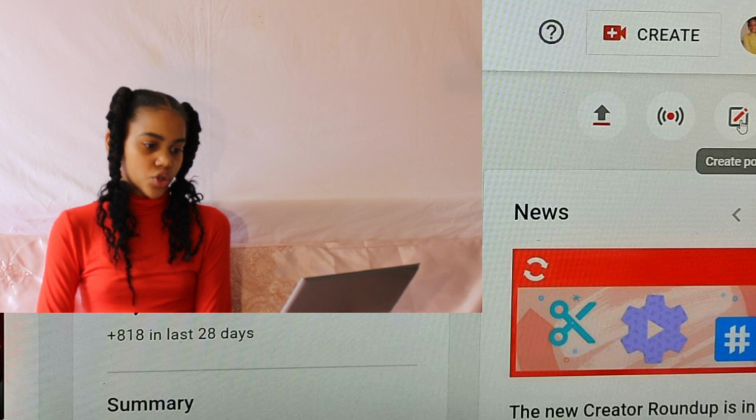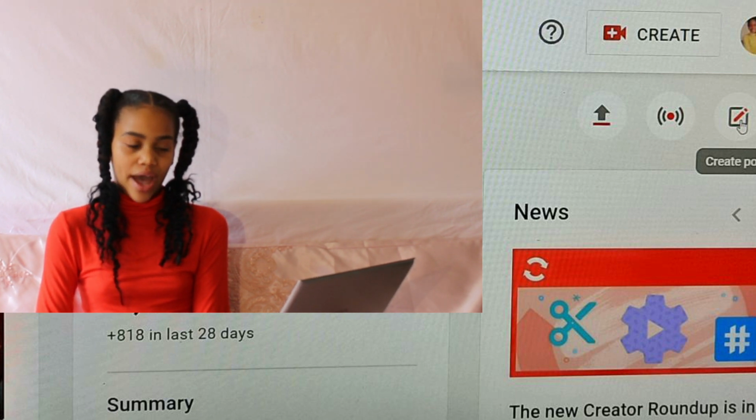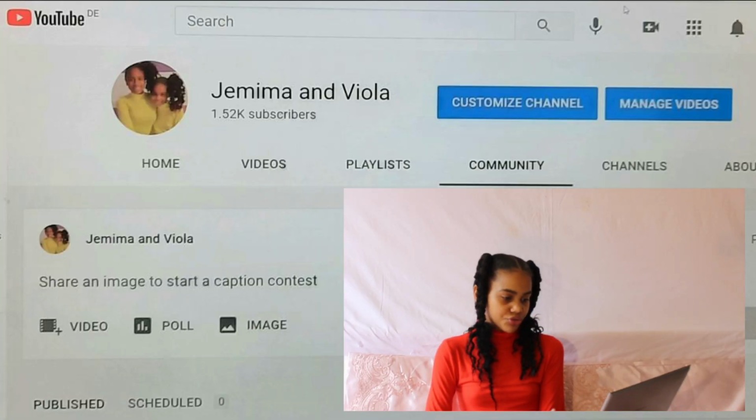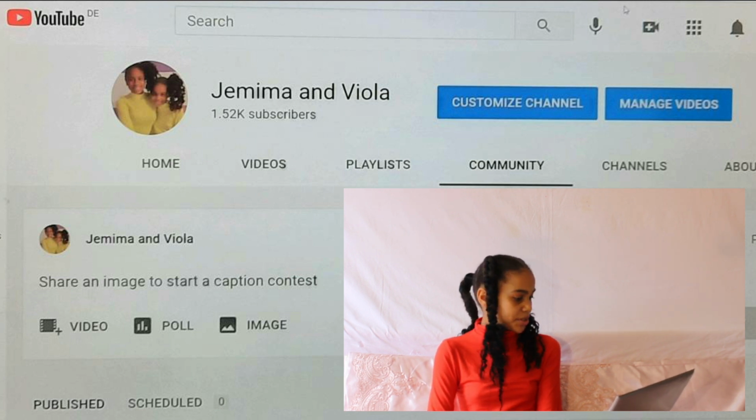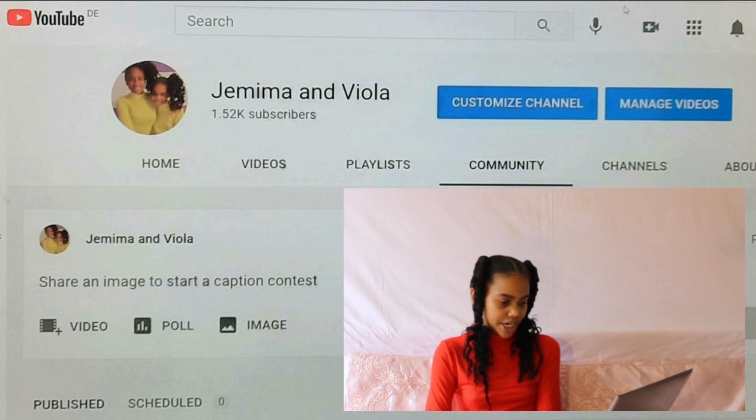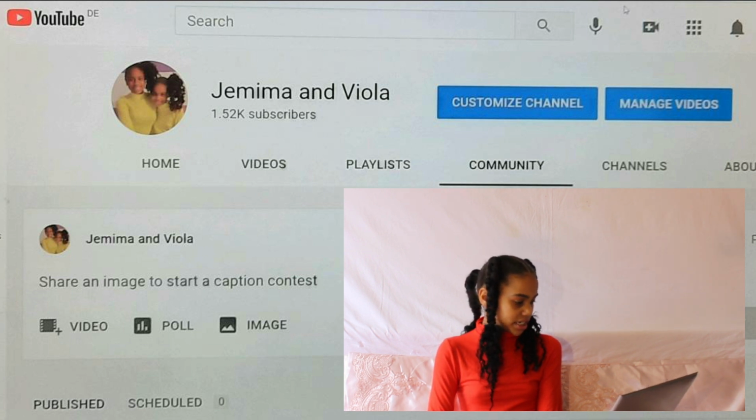So then you can also create a post if you have over 1,000 subscribers. After a week, you create a post, and then it's going to open another tab, and then you're going to be sent to community. Then there's written image, poll, and video plus. You can add a video there, and then you post it. But I think, yeah,